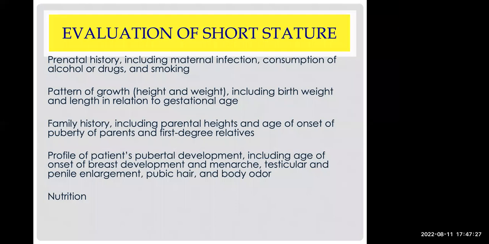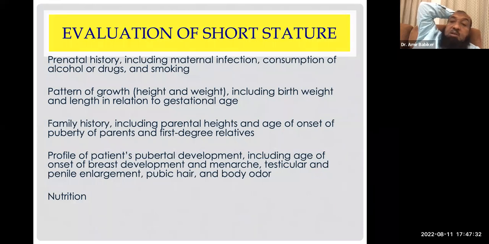Then, for example, chronic illness: does he have any known diagnosis, or any diarrhea, constipation, whatever? Does he have any renal problems, asthma, etc.? Any chronic illness. Then I ask about IUGR, small progression, birth weight. Birth weight is the most important thing for me. To ask about endocrinopathies, I ask whether there is any other child in the family treated for growth hormone deficiency, and any history of head trauma.